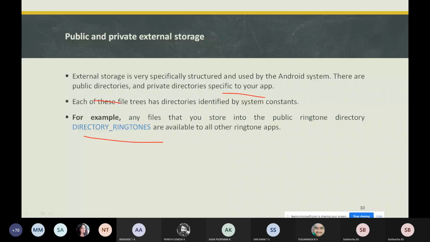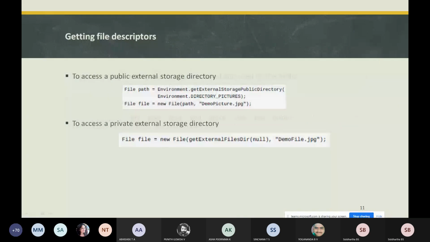Next is getting file descriptors, to access a public storage directory. When you are accessing the public external storage directory, you need to get a path of that storage directory and create a file.